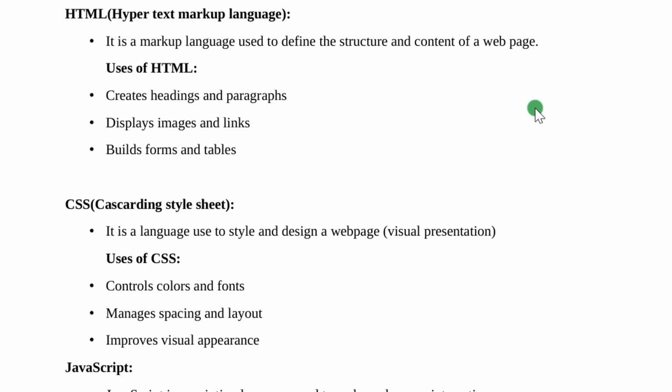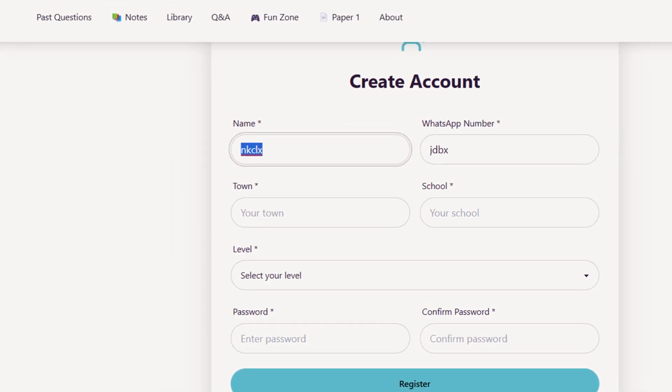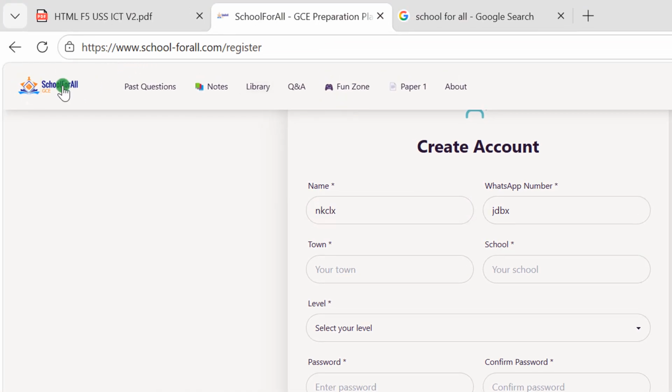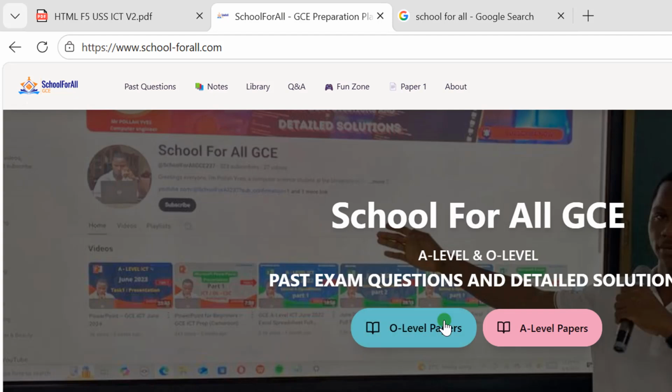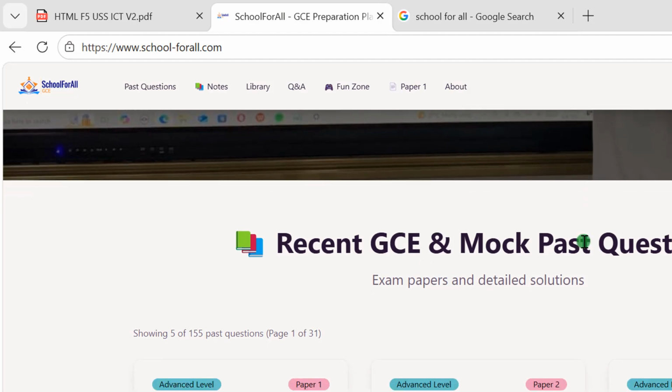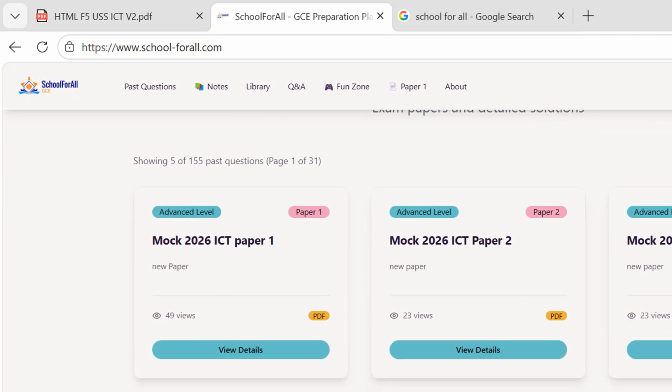Good. So let me give you a clear example. If I move to the School for All platform, you realize that at the level of School for All, there are buttons here. You realize that this is a nav bar here with options up here. You see login, register, things like that. You realize there's text everywhere. So when we talk about HTML, the structure of a web page, when I say structure,